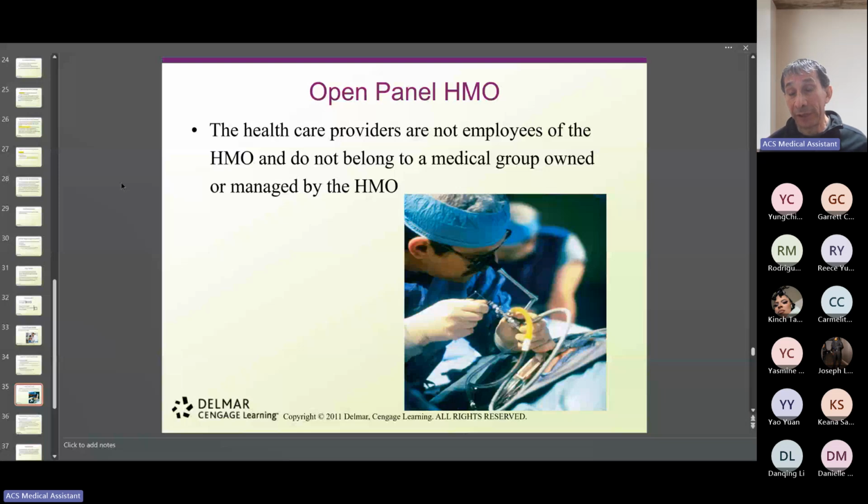So they have to abide by the government laws and regulations. You have to render services for a cheaper price versus private commercial companies. They don't have to do that. Why? Because it's their own money. They are investing their own money. That's their own business, so they charge whatever they feel. This is business. So that is an open panel HMO.